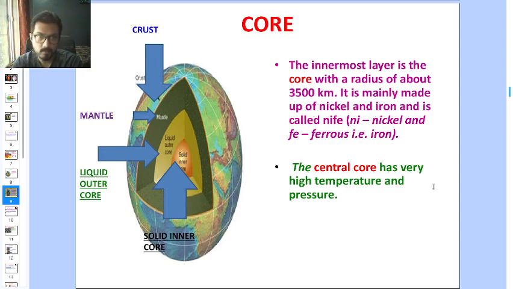If you see the diagram over here, there's a sort of dissection of the Earth, wherein the outermost part is the crust, then you can see the mantle, and then you can see the liquid outer core and the solid inner core. So the innermost part, the centermost part, the orange part which you can see, is a solid, extremely high pressure, very hot. It is the solid inner core, and outside the solid inner core is actually the liquid